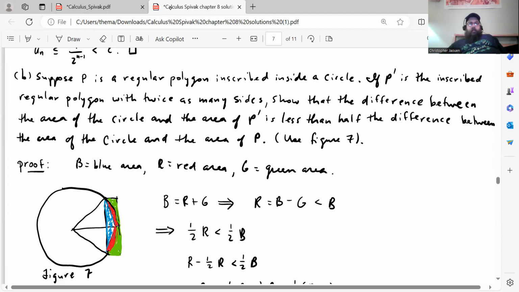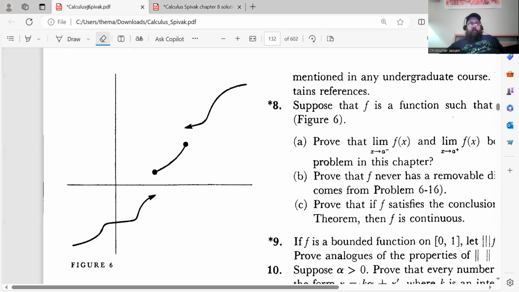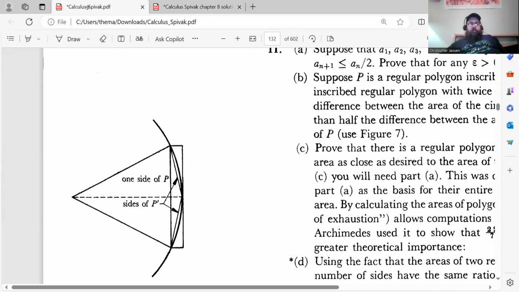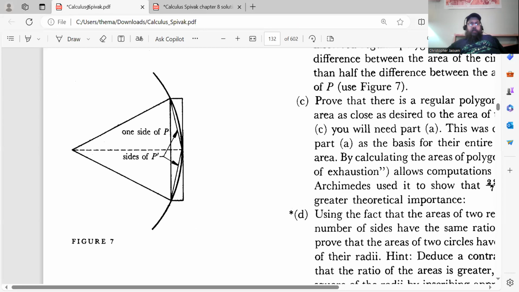Okay, here's part B. Suppose P is a regular polygon inscribed inside a circle. If P prime is the inscribed regular polygon with twice as many sides, show that the difference between the area of the circle and the area of P prime is less than half the difference between the area of the circle and the area of P. He says use figure 7, which is this figure from the book. I actually have it redrawn down below, but just to show you the actual picture in the book, this is figure 7. So what he wants us to show is that